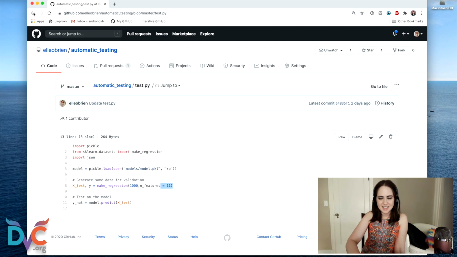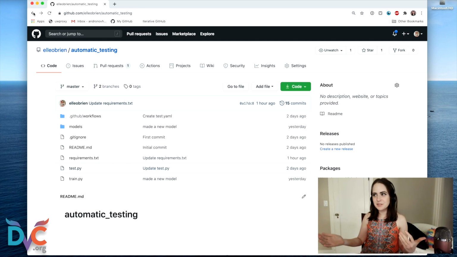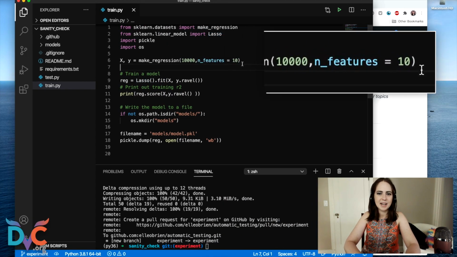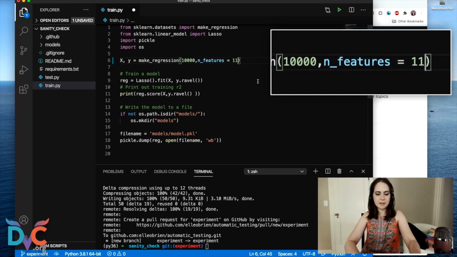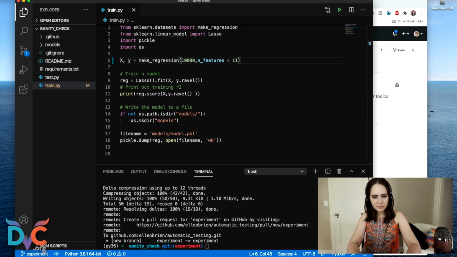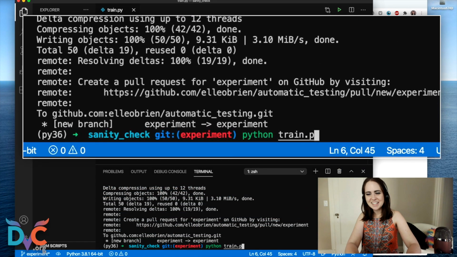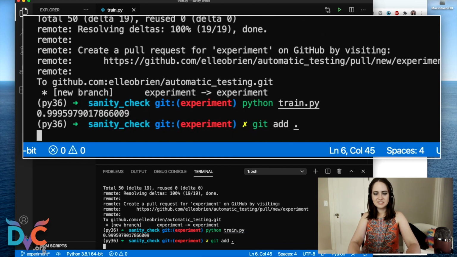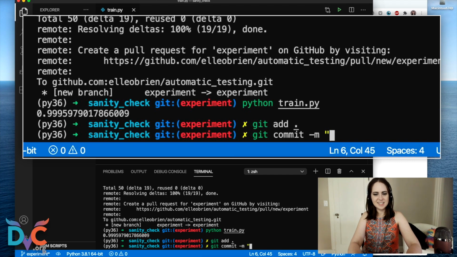Now, I don't want to modify the test because presumably we made this for a reason, and if this were a more complex problem, the test might be something to do with how data looks like in what's really coming into our system and the format that it's in, and so I don't really want to modify that. So what I'll actually do is go back to my training script. I will change the number of features, and then I will retrain my model. Python train.py. There we go. I will retrain the model, and I will say